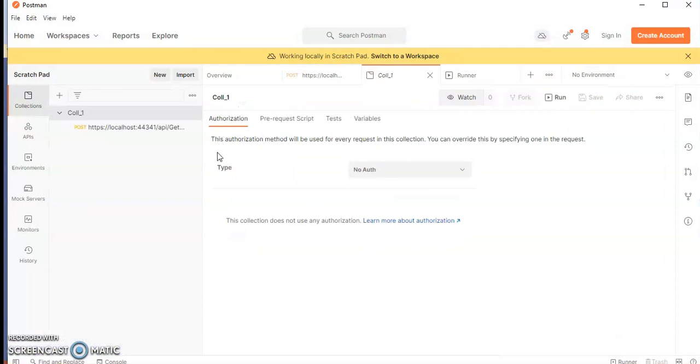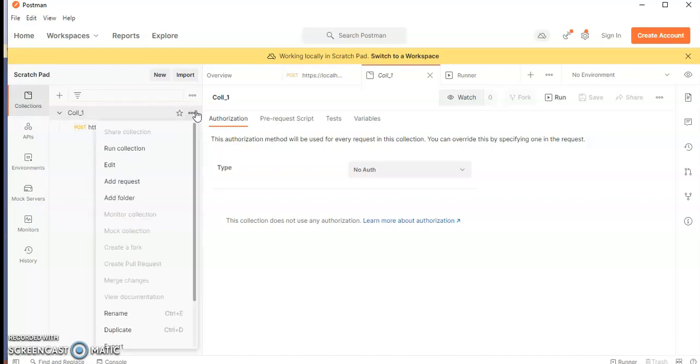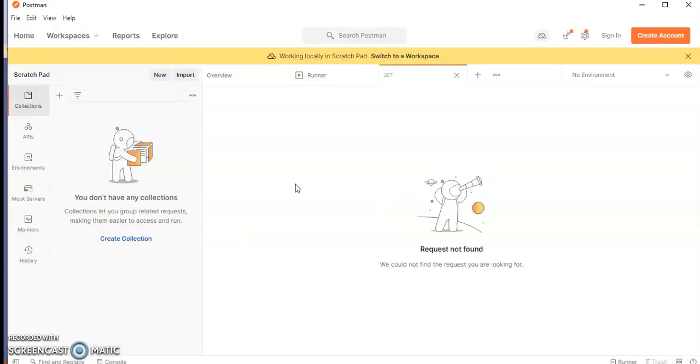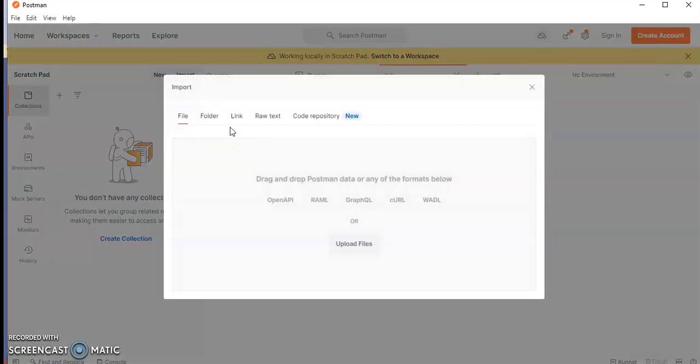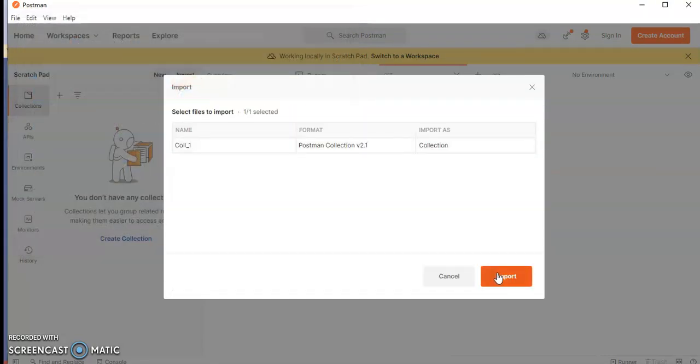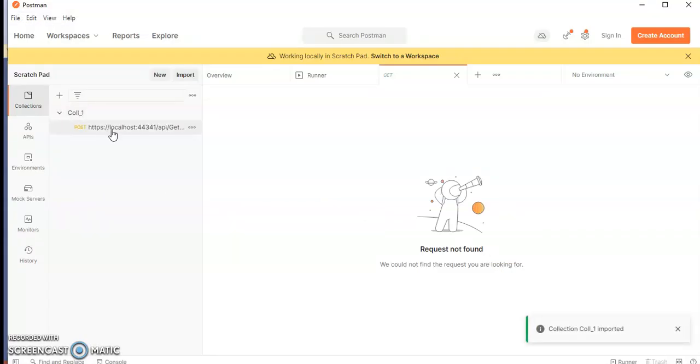So if someone shares a JSON collection with you, how do you test it or add it to yourself? Let me remove this for now. Delete. Now I am a tester and I got a collection, so use this import option. We have the JSON file, so let me select upload file. Under that, upload file. On the desktop, I have this collection. Just import, and I got the collection. So this is how you have to share the API among the teams, and also you can use the external APIs shared by other teams.